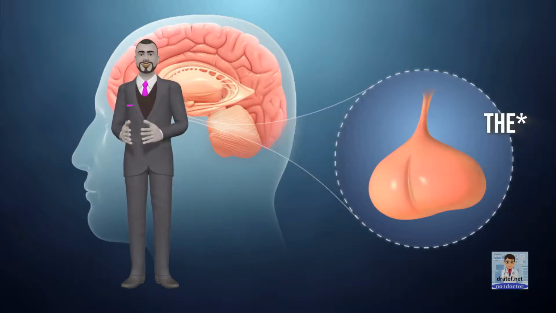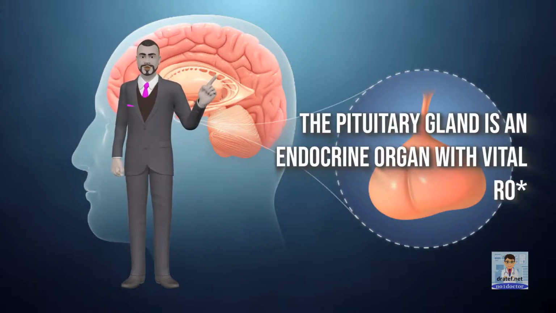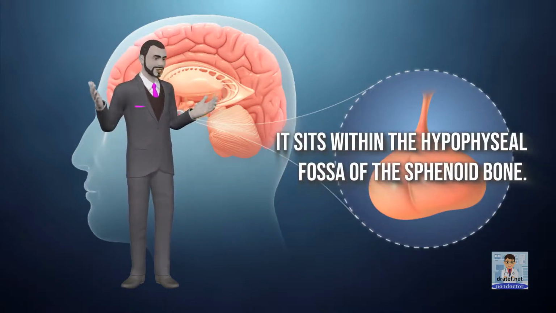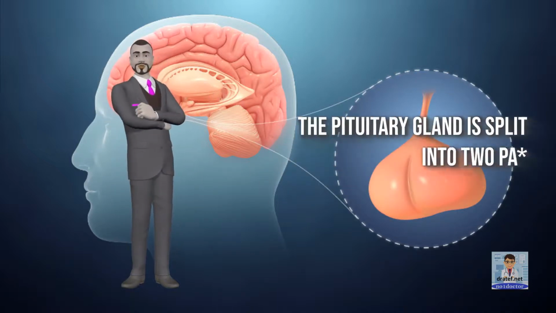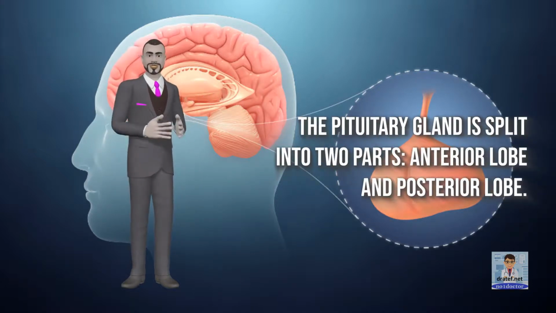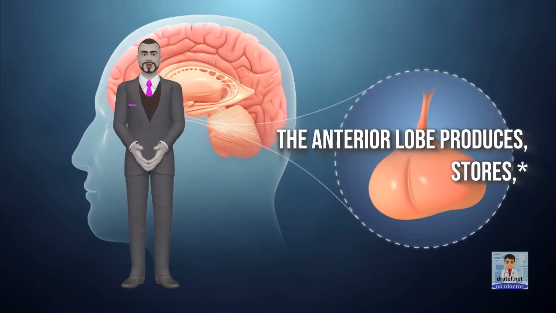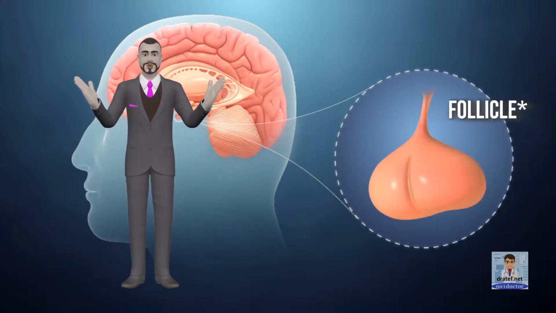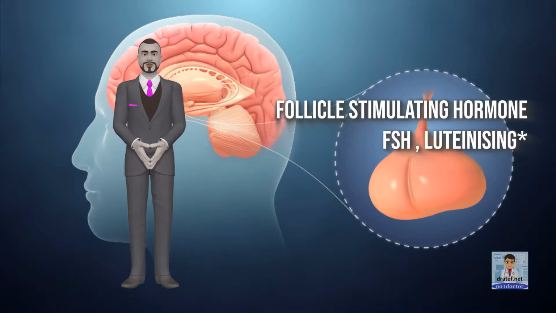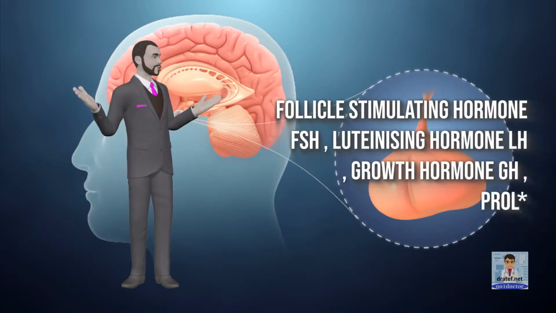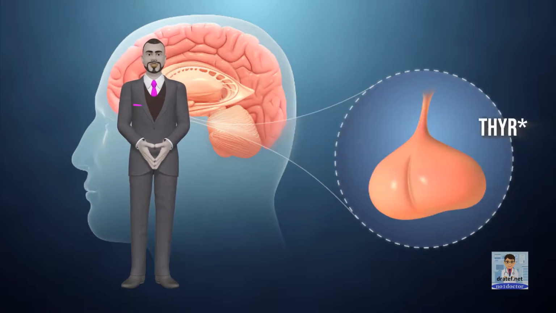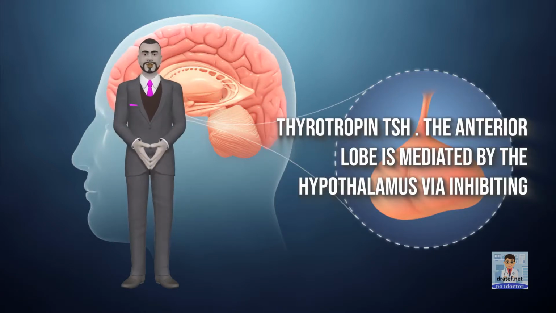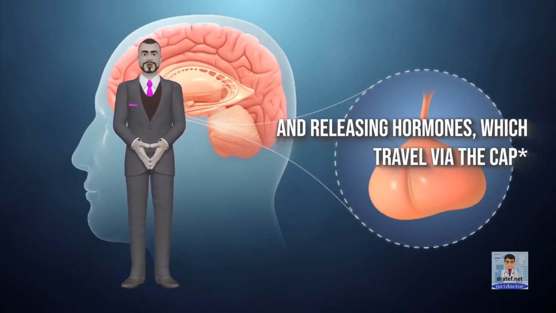Key points. The pituitary gland is an endocrine organ with vital roles in homeostasis. It sits within the hypophyseal fossa of the sphenoid bone. The pituitary gland is split into two parts, the anterior lobe and the posterior lobe. The anterior lobe produces, stores, and secretes its own hormones: adrenocorticotropic hormone ACTH, follicle-stimulating hormone FSH, luteinizing hormone LH, growth hormone GH, prolactin PRL, and thyrotropin TSH. The anterior lobe is mediated by the hypothalamus via inhibiting and releasing hormones, which travel via the capillary bed and